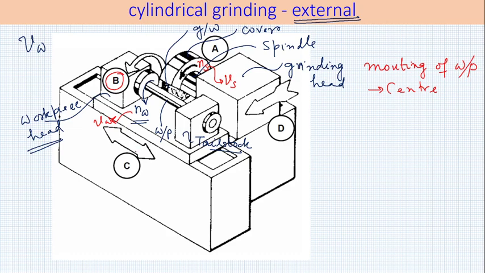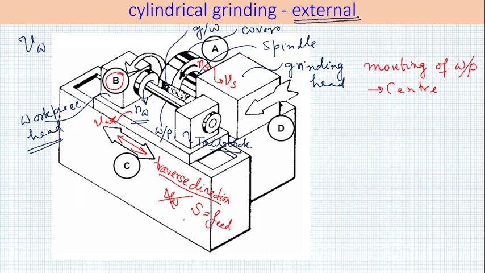Now, if you have a long shaft, something like this, which is mounted between centers, and the entire length of the shaft has to be ground, and the grinding wheel width is not so much, say the shaft is 200 millimeter and the grinding wheel width is 30 millimeter, then the grinding wheel has to be moved along this particular direction. So this is your traverse direction. This does not provide VW, it gives you feed.